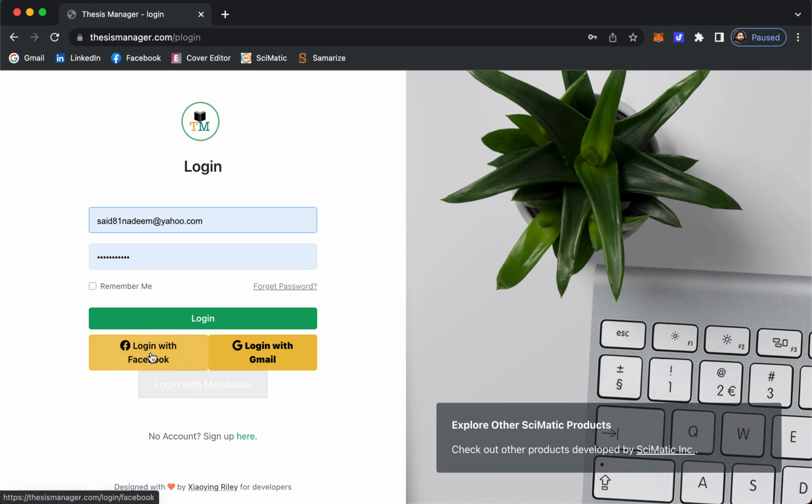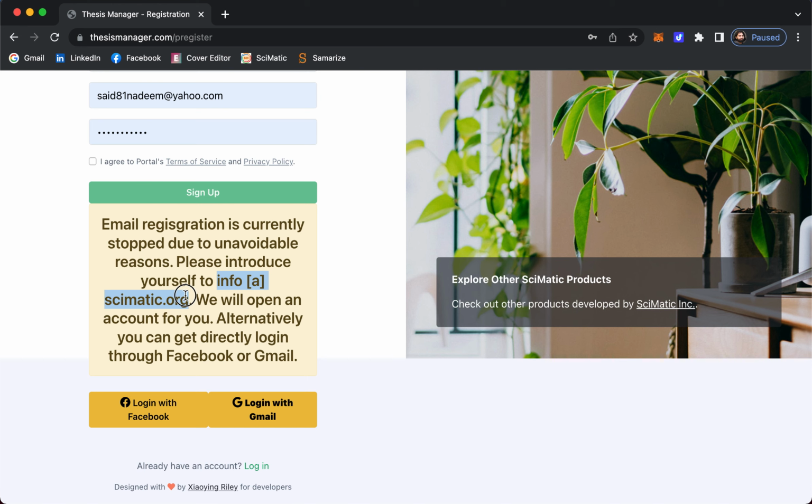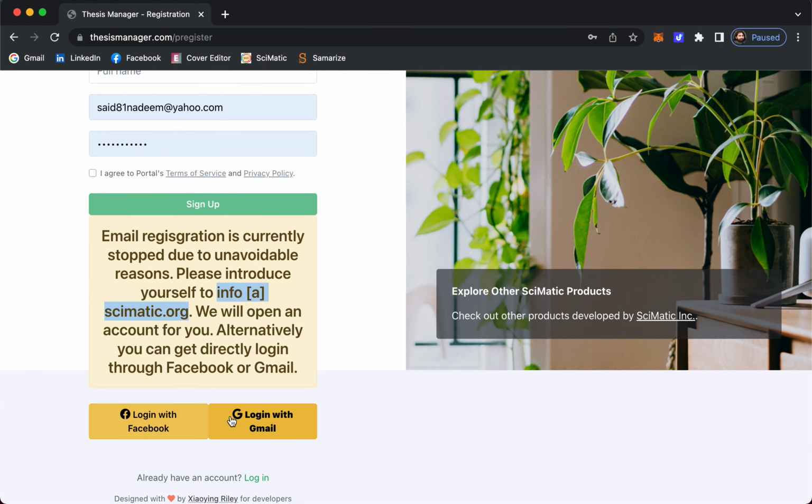You can log in with your Facebook account, or you can log in with your Google account. In both cases, we don't need your password. And you can also click this sign up button. And here you will see the email info@cymatic.org. So if you don't want to use your Facebook or Gmail for login, you can send us an email and we will open an account for you. And because of so many tags, we don't want to leave the registration form open, so you can use these options. So I will log in with my Facebook,